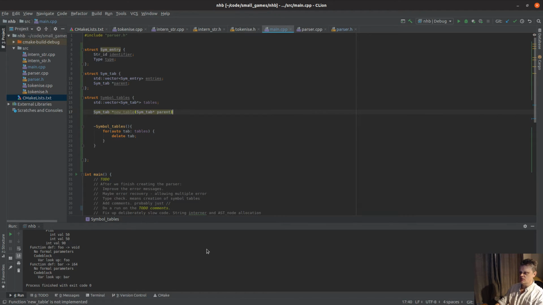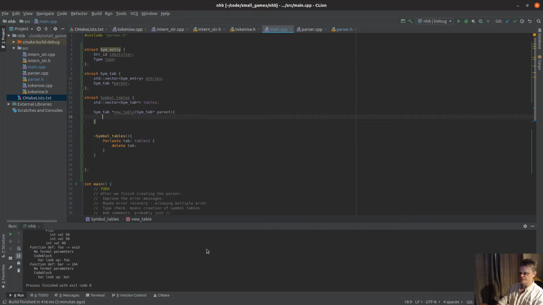Okay. This is dodgy because you're doing reallocations when you're not. This is not memory safe in the face of exceptions, but I haven't turned exceptions off, so let's just